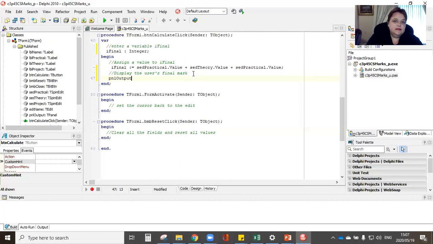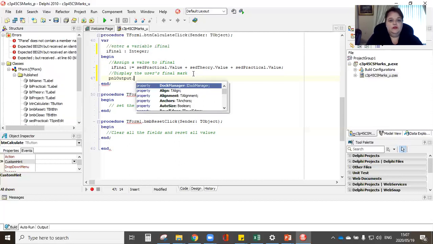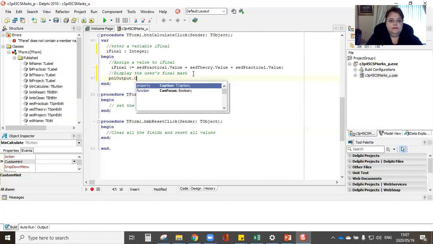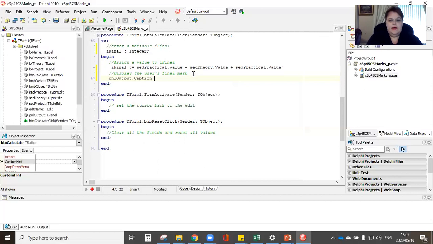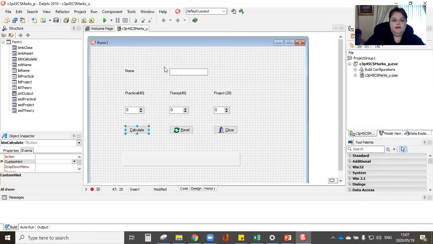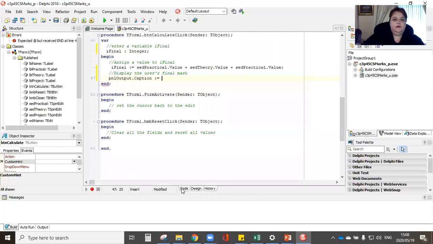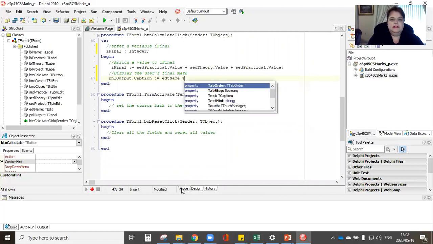Now, what are the methods that I use? I'm going to use a caption. Okay. And now what must my caption be? I want whatever was written in EDT name to be displayed with the average from there in a string. So panel output dot caption assign, so EDT name dot text